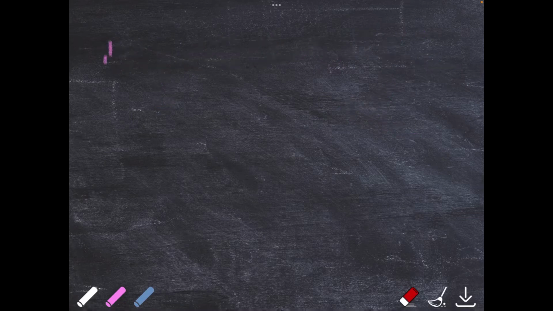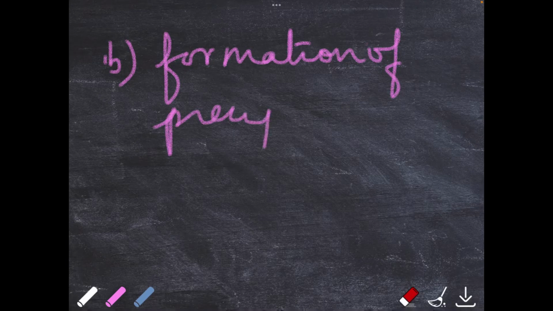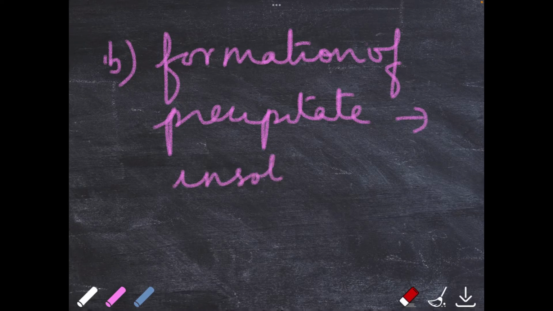Second one is formation of precipitate. If a precipitate is formed, a precipitate is, whenever a reaction takes place, the insoluble solid which is present in an aqueous solution. That is called the precipitate. Okay. For example,